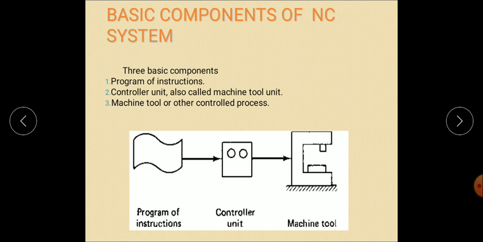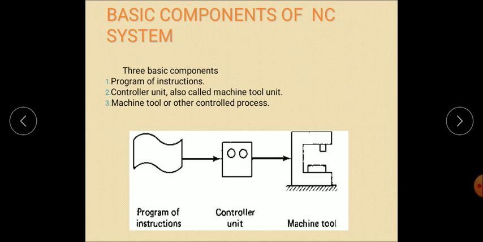Now what is this program of instructions? The program of instructions is the detailed step-by-step set of instructions which tell the machine what to do. It is coded in numerical or symbolic form on some type of input medium that can be interpreted by the controller unit. The most common one is the 1-inch wide punched tape. Over the years, other forms of input media have been used, including punch cards, magnetic tape, and even 35 mm motion picture film. So this program of instructions stores the program in the form of tape.